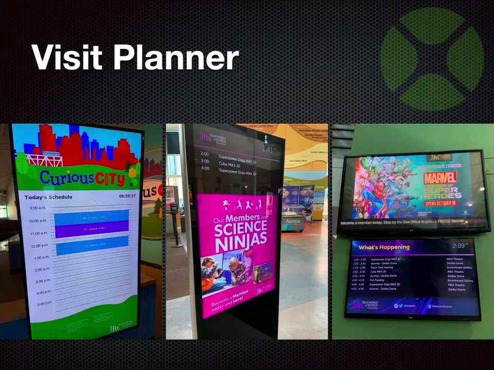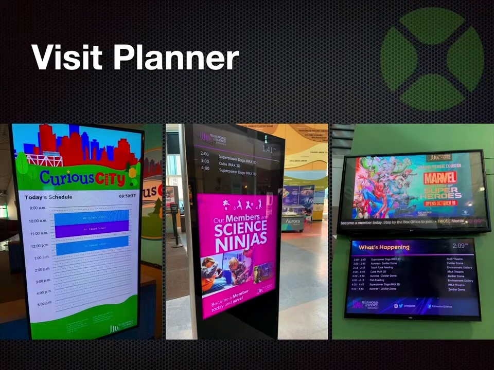The need was to be able to pull information out of our ticketing system, and allow people to enter information in, because things could happen at spur of the moment. Somebody gets sick, so something has to come off, or something ends, or some product isn't available, so something needs to change. The other thing was we had very different formats. So this Curious City is all for kids that are big like this. They're tiny little kids, 7 or so and under, and we wanted a fun, more entertaining looking display